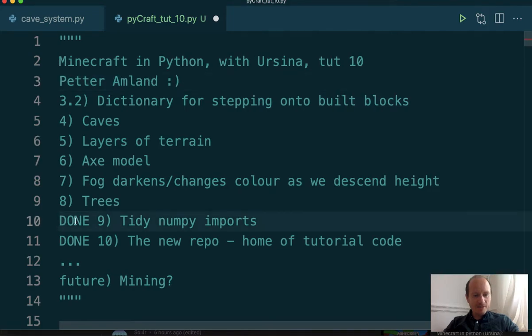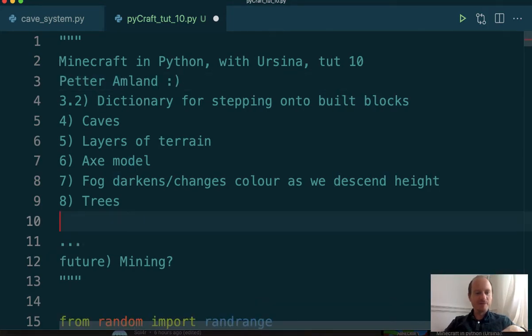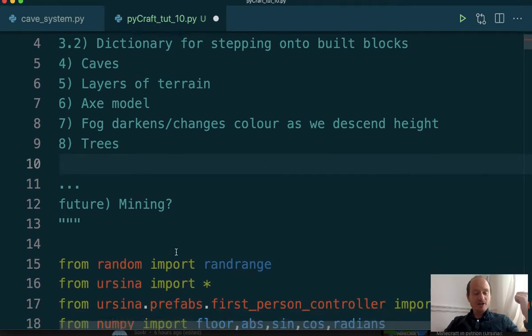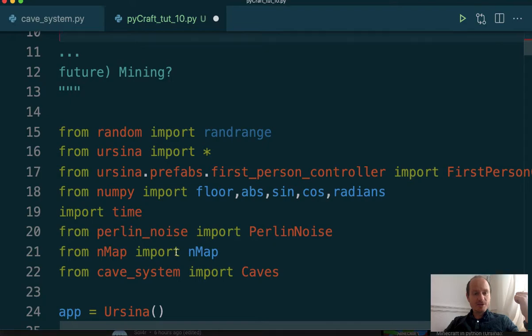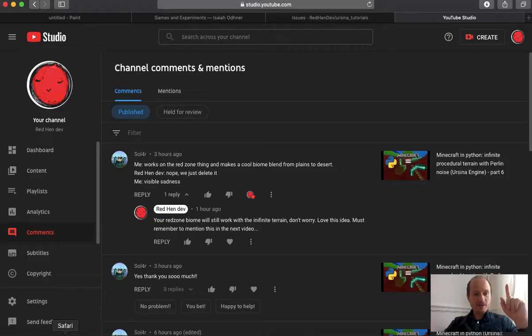Right, we can delete all of these done things just to clean up the list at the top. Tidy NumPy imports, the new repo. Oh yeah, that's all done. Trees we want to do. Axe model, I thought, as a celebration. I featured that in an earlier part, maybe the first part, but never came back to it. So we should definitely do that. And what was I just going to say? Oh yeah, before I forget,